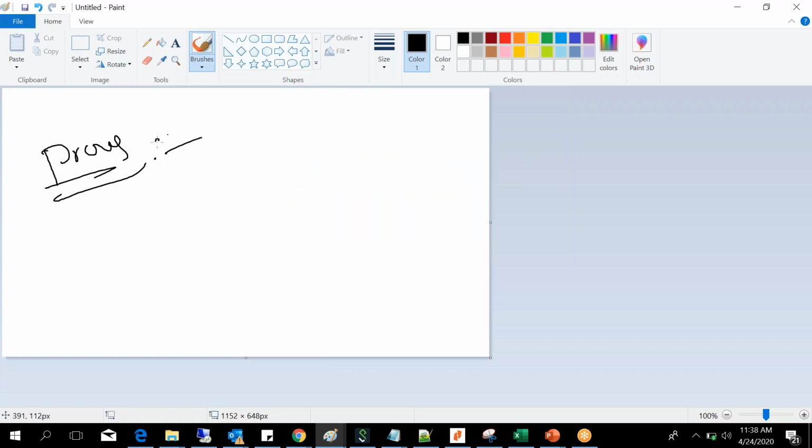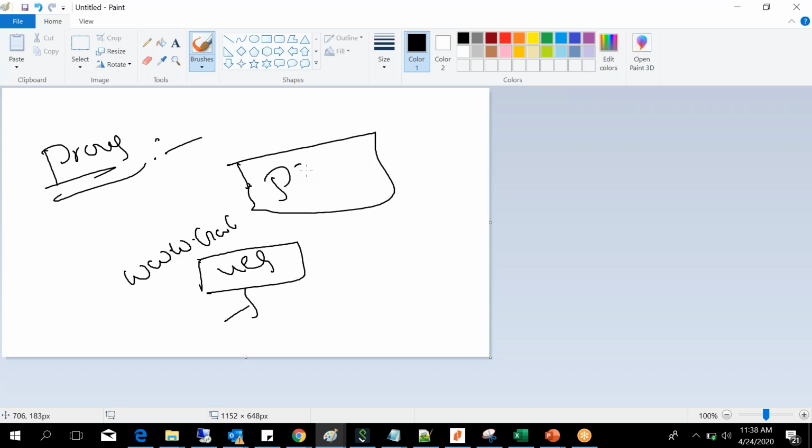The function of a proxy is, whenever a user is trying to access some website, www.google.com, the request will go to the proxy. The proxy will verify the content, and then it will go to the internet.